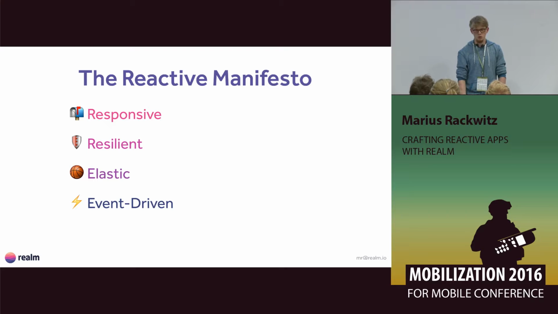They should be responsive, which means they should update their UI for mobile apps as soon as there's new data. They shouldn't be blocking, so you should always be able to interact with it. They should be resilient, so they should work without an internet connection, for example. And they should be elastic, which means